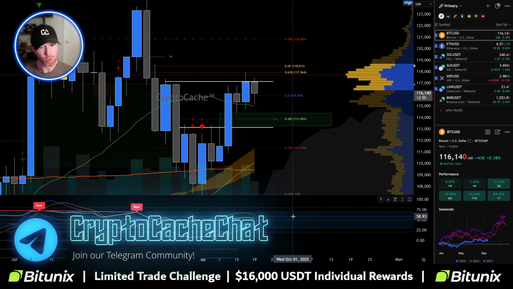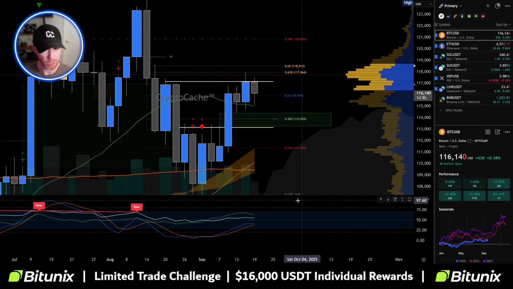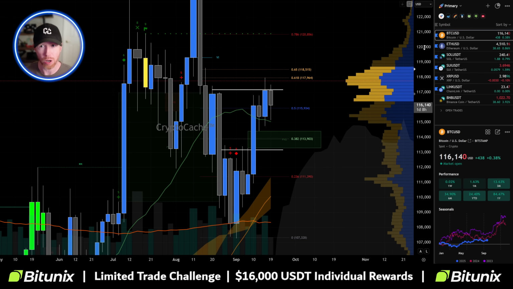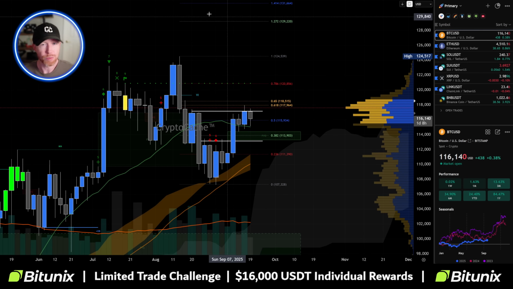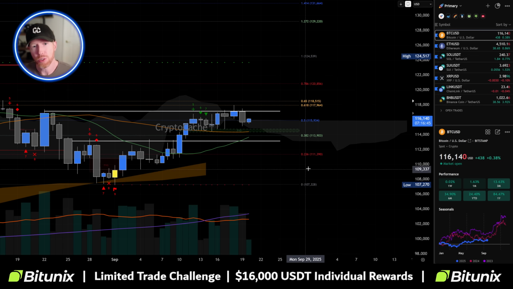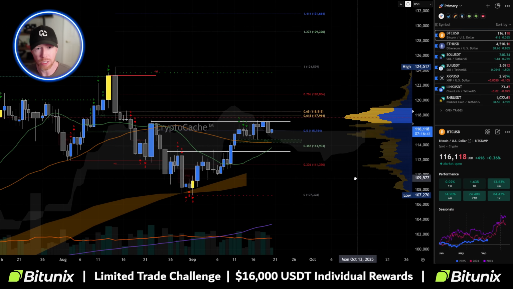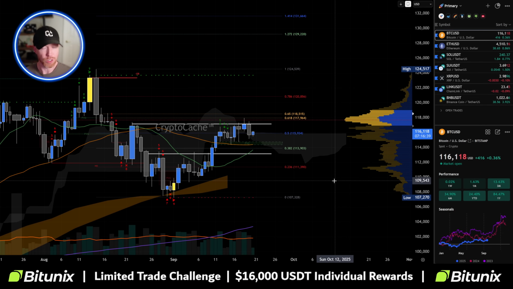Just keep in mind, the overview here is not bad whatsoever. We have some pretty strong convergences with the RSI. Even though we're seeing our money flow index taper off, we're above all moving averages. The 3-day time frame looks pretty solid, so I do not dislike what I see there. I think it's pretty good in the overall sense, and we are more likely to go higher just in general.